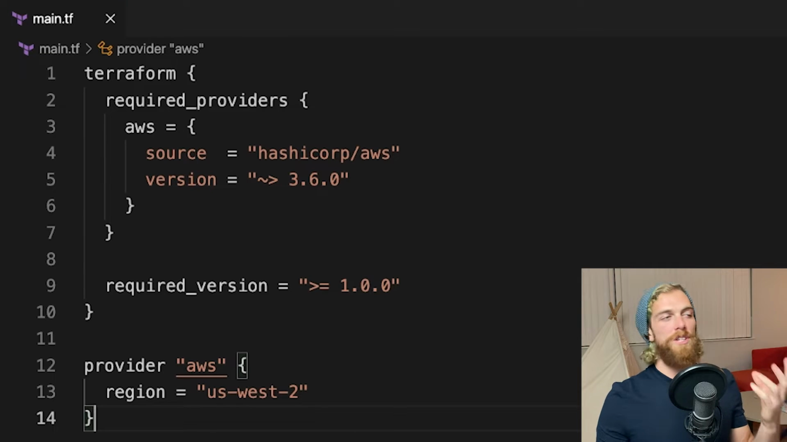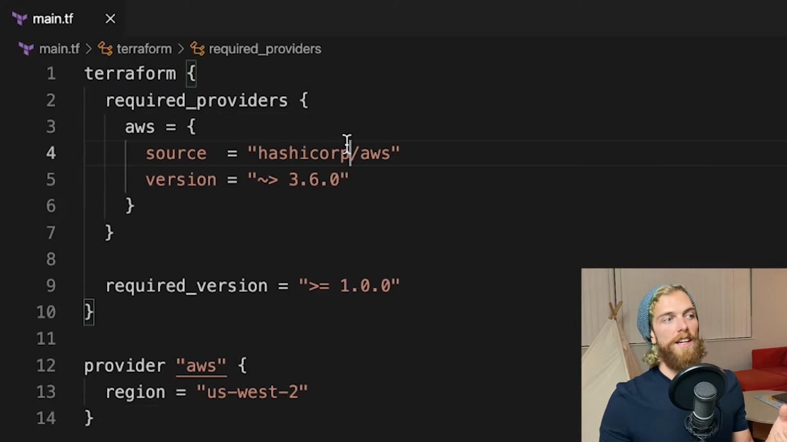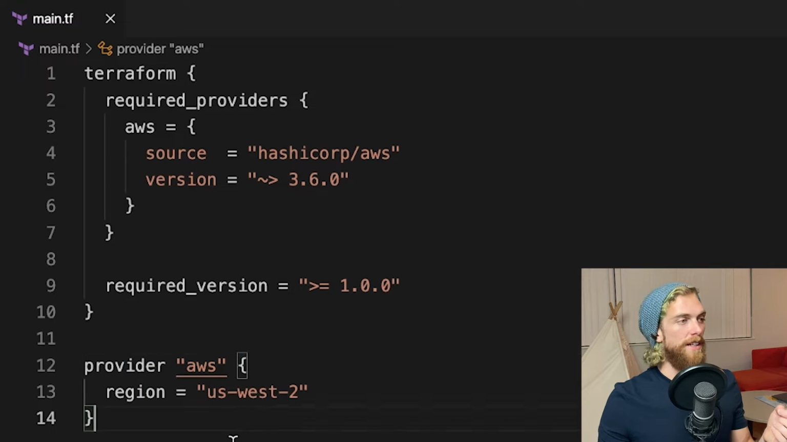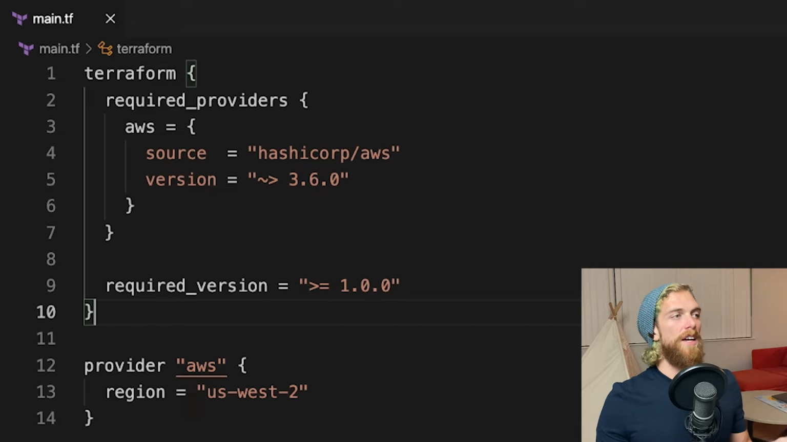And this type of configuration will exist in any of your Terraform projects for AWS. You'll need to require AWS and then set up AWS as a provider. And we haven't built any infrastructure yet. We haven't defined any resources, but I want to switch over to terminal now to show you how to use